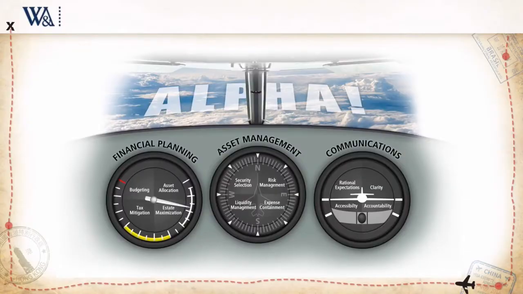So how does W&A go about trying to help you find alpha when the markets aren't cooperating? Well, in our business, we're continuing to refine our process, and we hope continuing to improve, and we'll, of course, survey you and ask. But there are three main gauges that we look at when we think about how to create alpha for you all. The first one is financial planning, and obviously we've invested a lot in the capabilities of our staff,